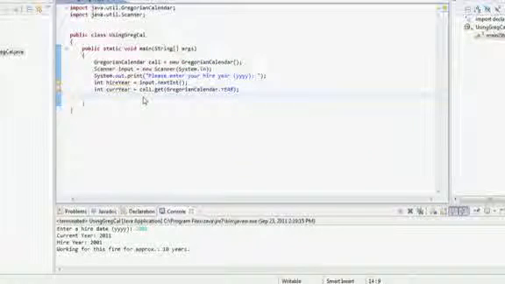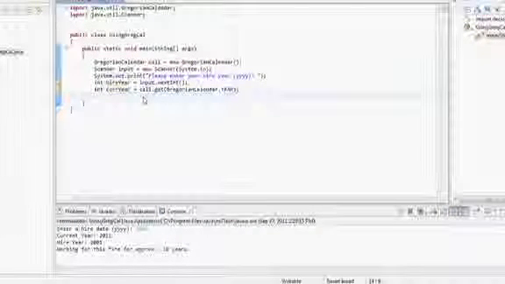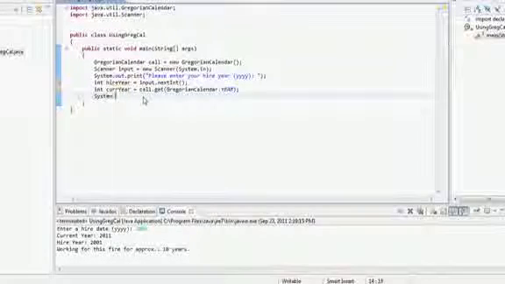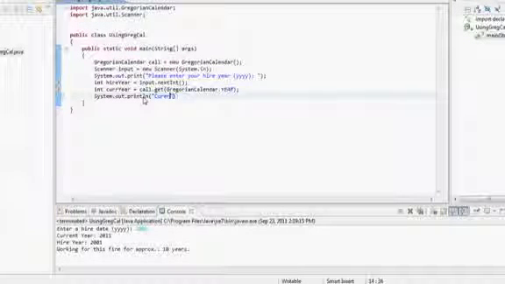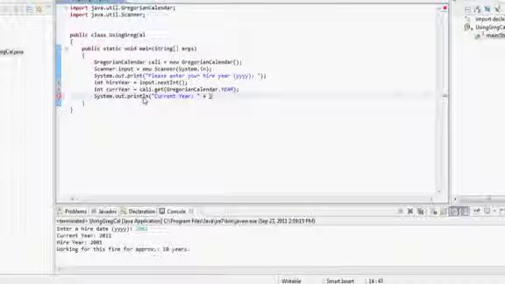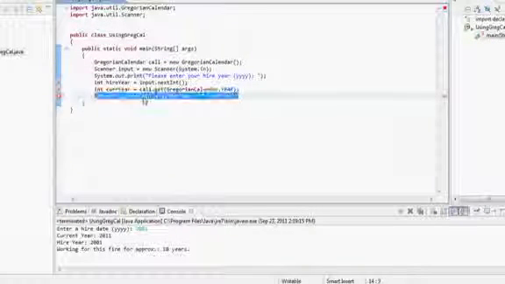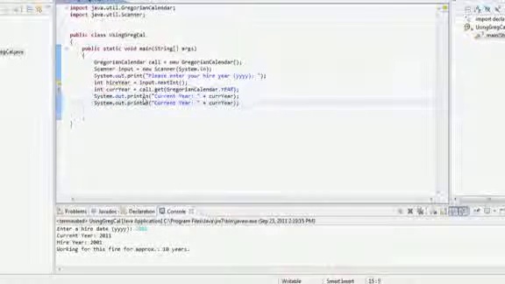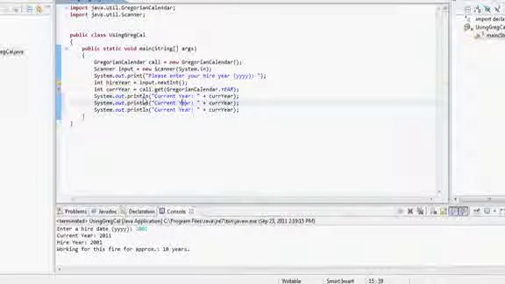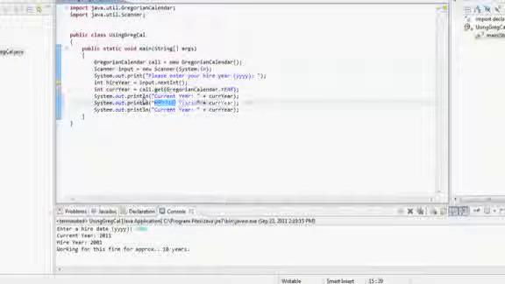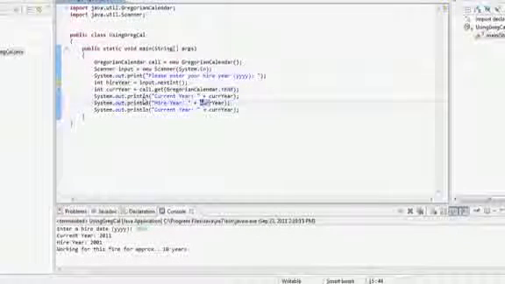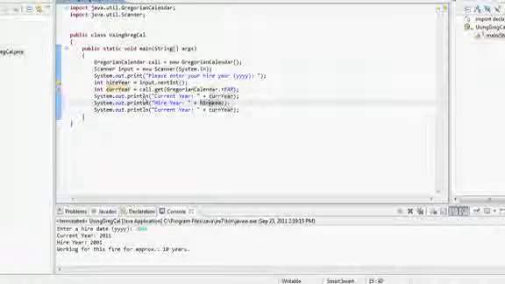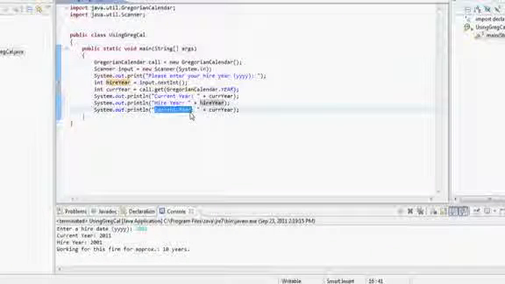So here I have the higher year and I have the current year. So now I am displaying back to the user, okay, the current year is what's stored in the current year. And the higher year is what's stored in the higher year. And a message